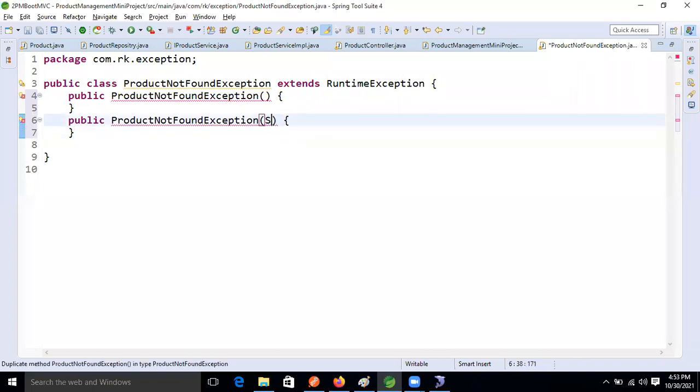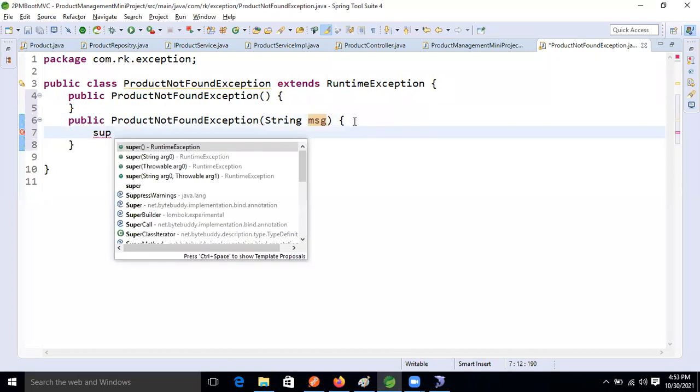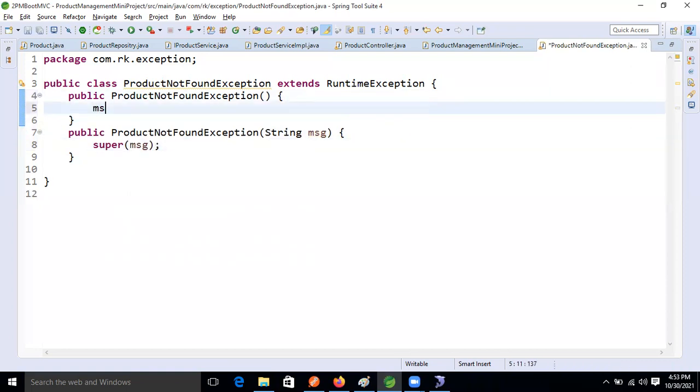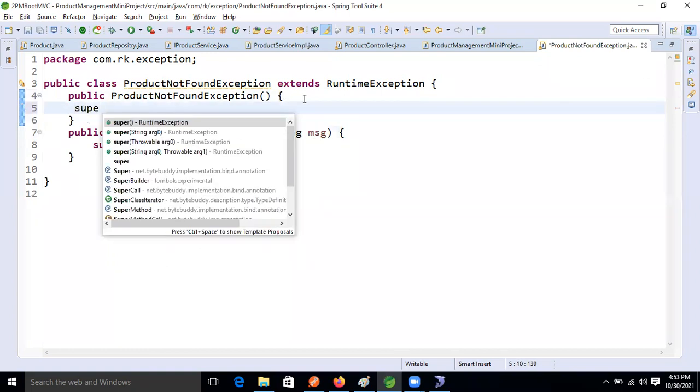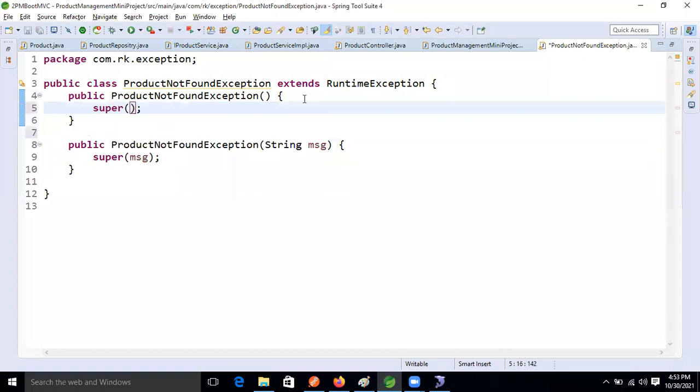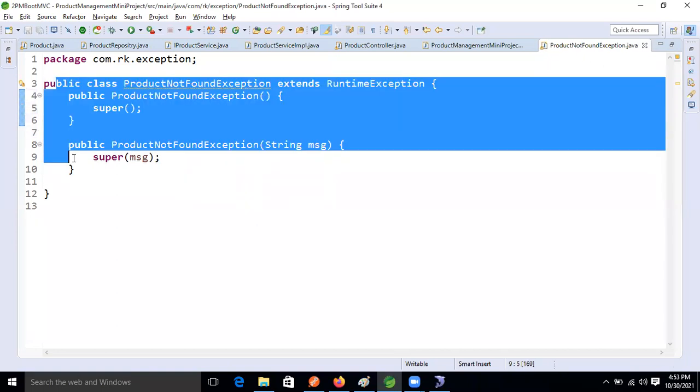Here I'm taking a String message, and let's call super with msg. And here also super without parameter. That's it. So two constructors, overloaded constructors, are there.